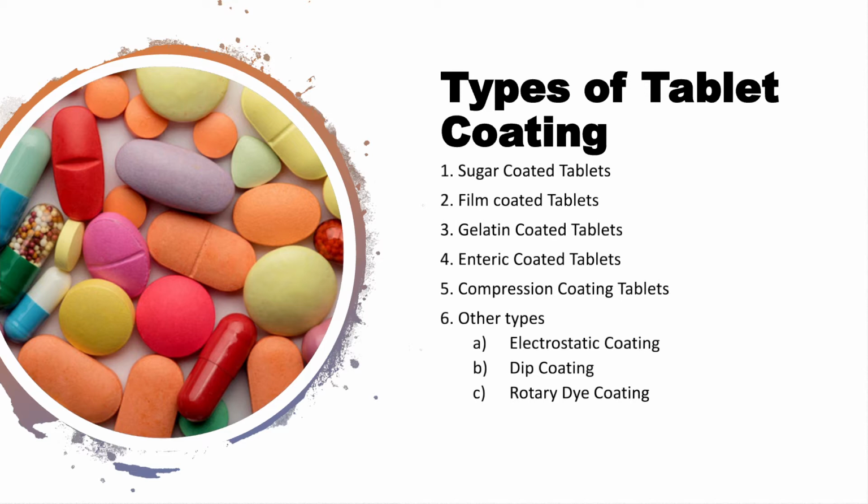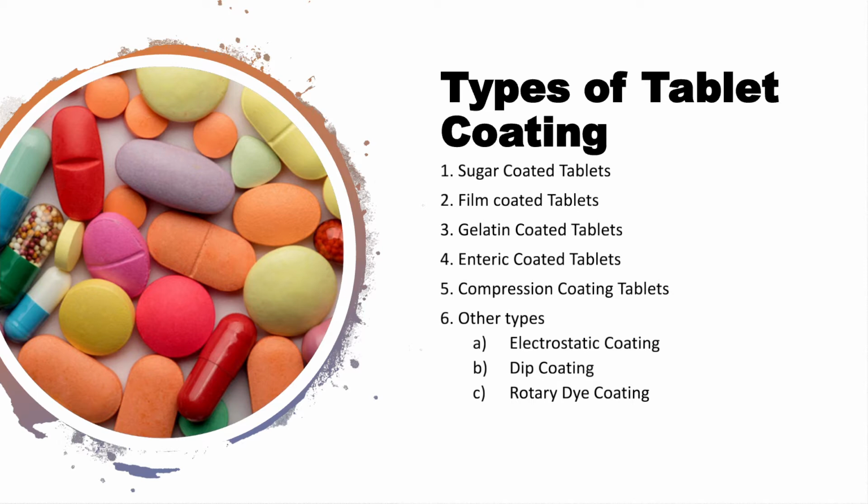Then there are also gelatin coated tablets, known as gel coated tablets. Then enteric coated tablets. You must be aware of the enteric coated tablets: the tablets which are prepared to have the site of action at the intestine, so they have to bypass the gastric fluids. Then the compression coated tablets, as the name indicates, where a layer is created by coating over a formulated tablet. So you have a small tablet, you apply a layer over it so that it forms a coating over the initial tablet.